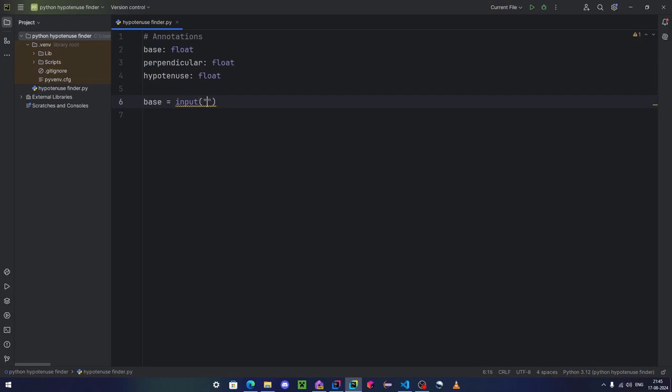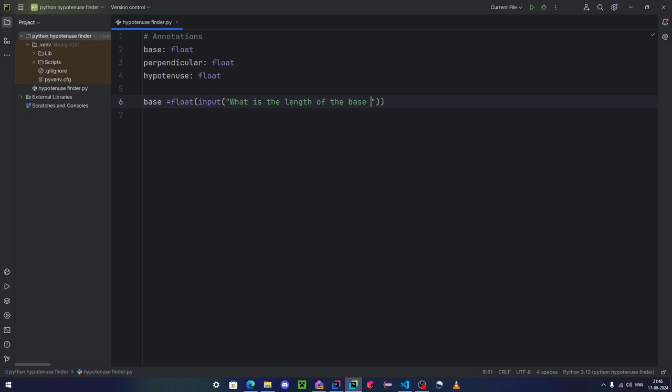I'm going to use double inverted commas because they are mostly related to strings only. So here we find that we need to turn this to float. So now it does not have those yellow lines. So in input we are going to write: what is the length of the base